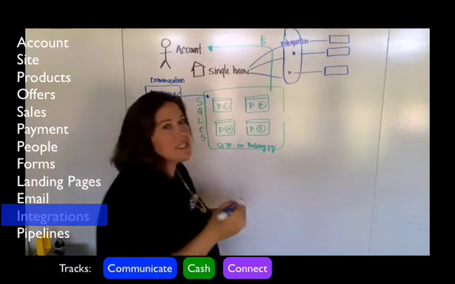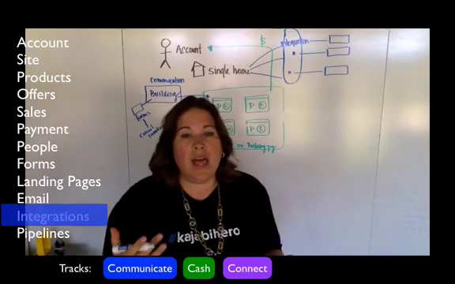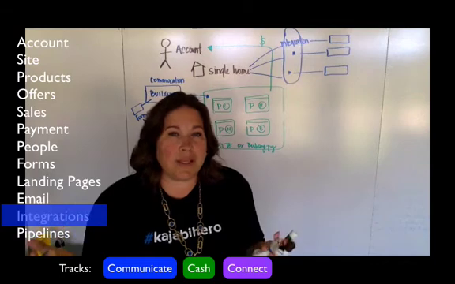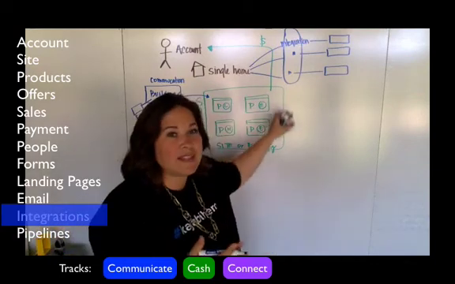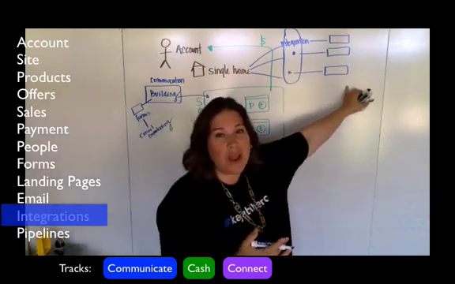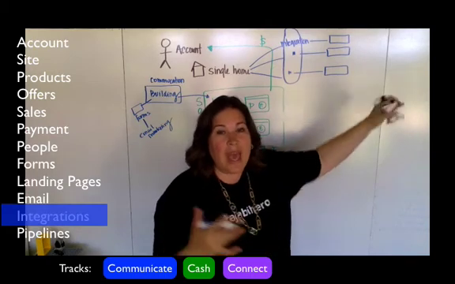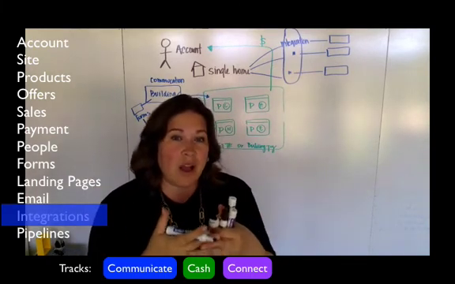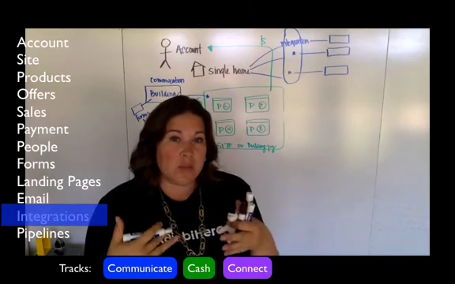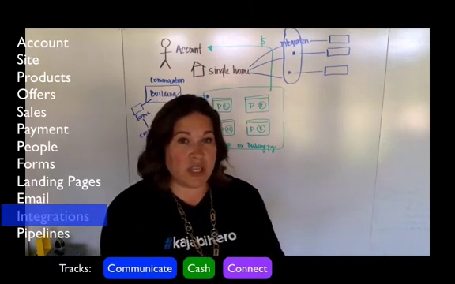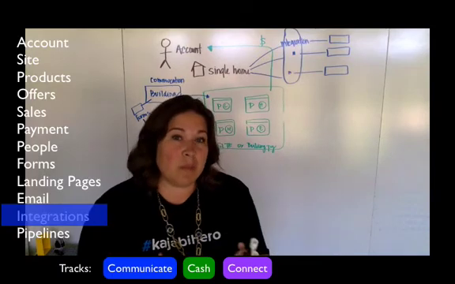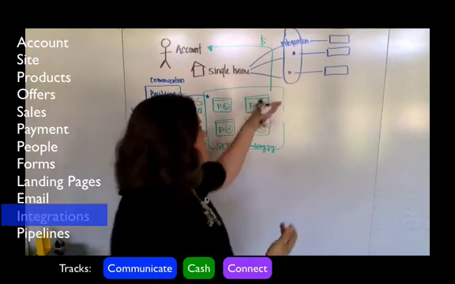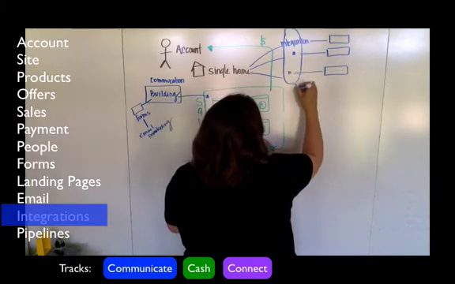And Zapier is this brilliant tool that the best way I can explain it is it serves as a translator. Kajabi speaks a language, but Google Drive speaks a different language. And to get them to play together, just as if you speak English and someone else speaks Russian, you need a translator in the middle that can tell each other what they're talking about. So Zapier here,